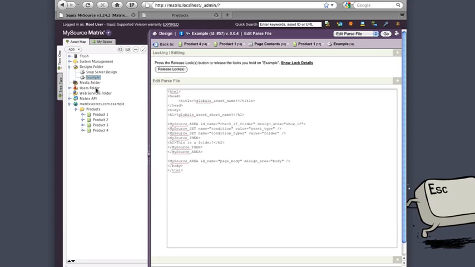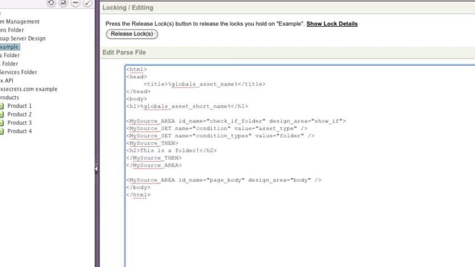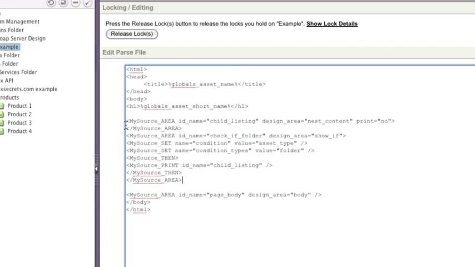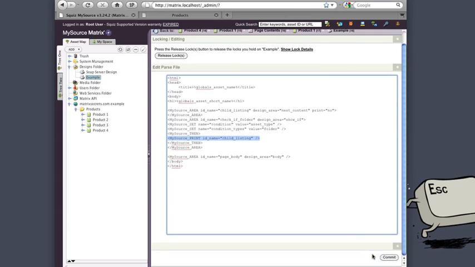So we go back to Matrix and we're in the design again. Now just copy the full code this time. So now the first bit is just a nested content design area. I've called this one child listing. The trick here is we've set print to no. So once we set this up and nest it in, it's not actually going to display immediately. Then the trick is we can use the mySourcePrint variable to actually print that child listing exactly where we want it. Okay, so we'll commit that,